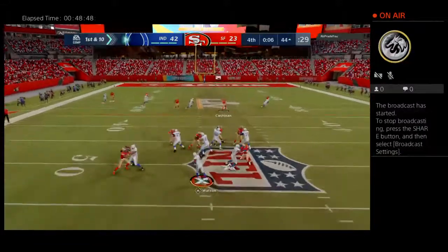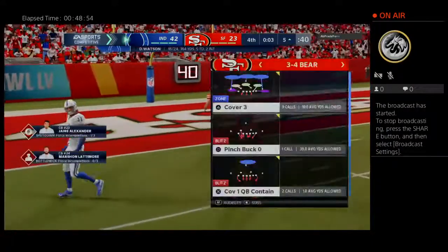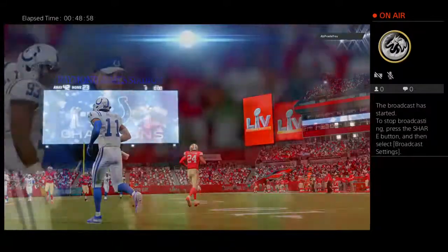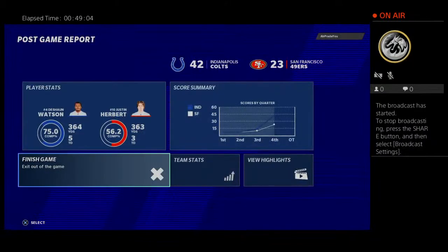After the interception, here's Watson. And he's got it complete to Anderson. And he gets it all the way down inside the 10 and mark him at the 5. The dynamic duo is doing damage in this one, and they've certainly been on point throughout. And they hook up again for another big play. And the Lombardi Trophy will